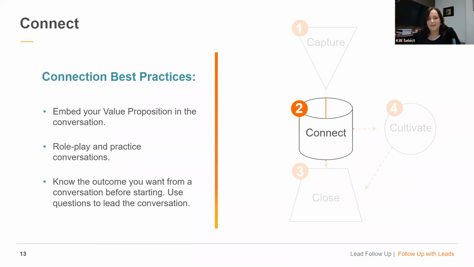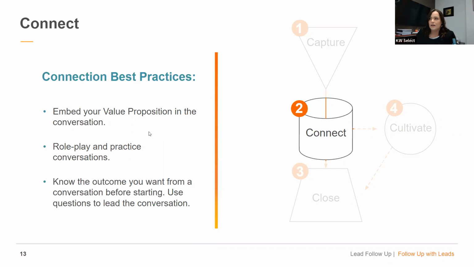So, the example Alex gave, someone might want to move east. When would that be? Where would they be looking? Kind of figuring out those details, because that's how you can start to provide value, by sending them properties, or even set them up on a saved search or a collab center. Those are the details that you really need to truly cultivate those people. So just think of that when you're having those conversations.